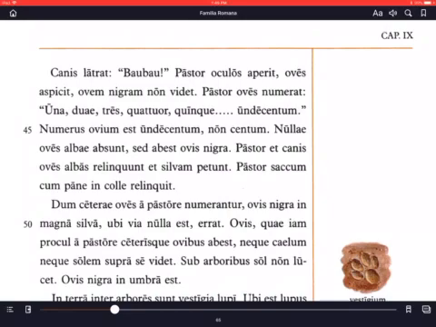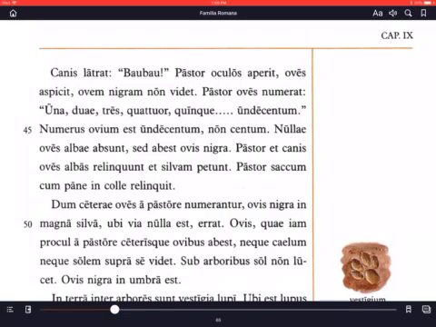Una, duae, tres, quattuor, quinque, undecentum. All right, so we've got an ellipsis there. He counts basically all the numbers from 1 all the way to 99, undecentum, literally 1 from 100 is how you say that in Latin. Un is from unus 1, de means from or down from, and then the centum means 100. So he counts all the way up to 99, so he knows there's only one sheep missing.